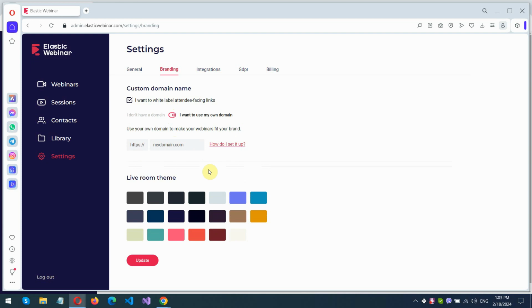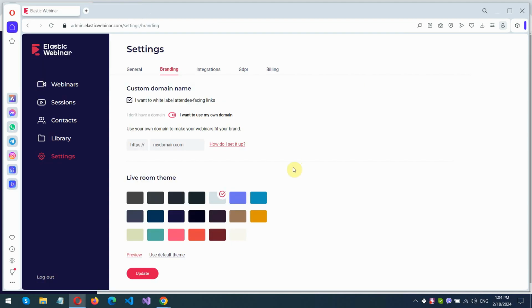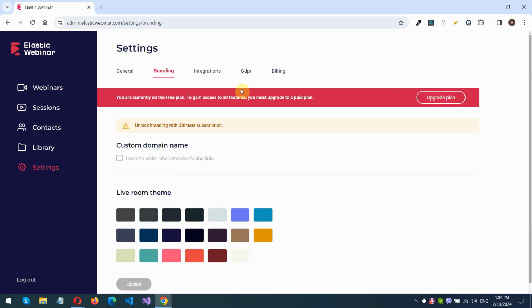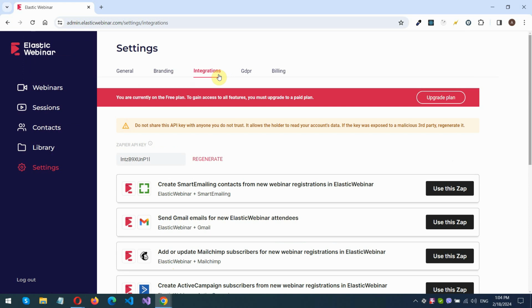In the Branding section, we will show you how to change the graphic theme of your attendee-facing pages. We provide several color schemes that will allow you to match the colors of your company. Click on one of the palettes and confirm with the Update button. If you have created at least one webinar, you can also show a preview with the Preview button. Next comes the Integration section. It is a comprehensive section that allows integration of Elastic Webinar with other systems via the Zapier service. We will explain this section in a separate video, and therefore, we will now move to the next section called